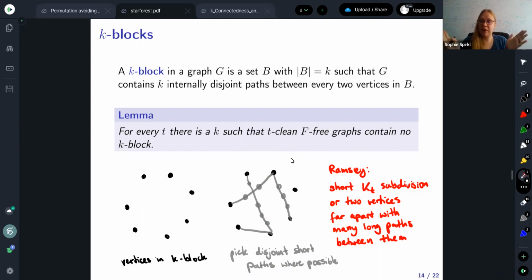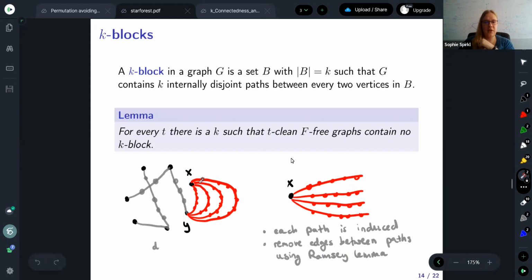Right, I took a k-block. That means I have high connectivity between any two vertices. I've picked out short paths where I could, greedily in whichever order. If I found short paths everywhere, wonderful, because then we've got a short subdivision of a big complete graph and we win. And if I didn't, that means there are two vertices between which I don't have a short path. But it's a k-block, so I still have a lot of paths between them. So here are two vertices, no short path between them, but I have a lot of disjoint paths,